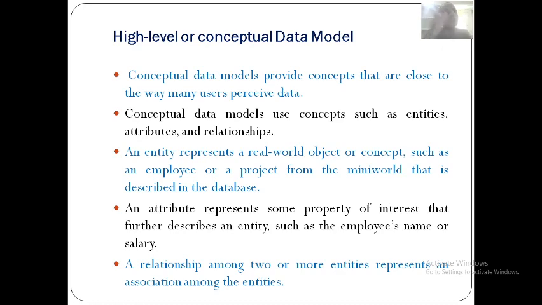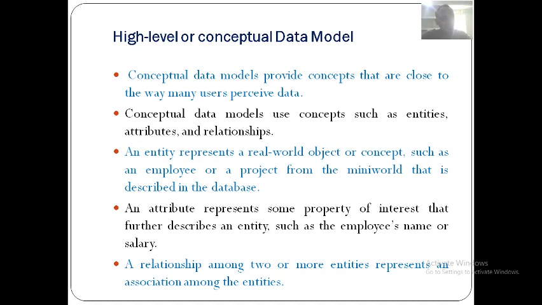Only those attributes should be considered, not all the things, right? Then a relationship among two or more entities represents an association among the entities, meaning how those entities are related can be represented with the help of a relationship. This is all the conceptual data model.